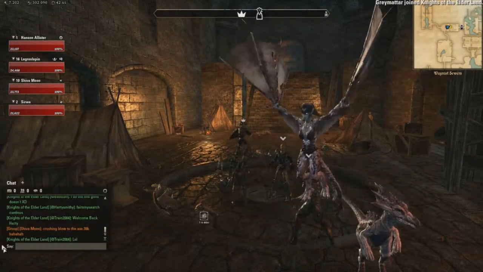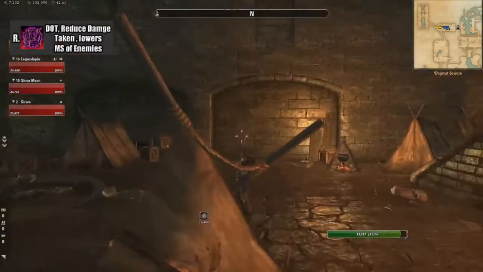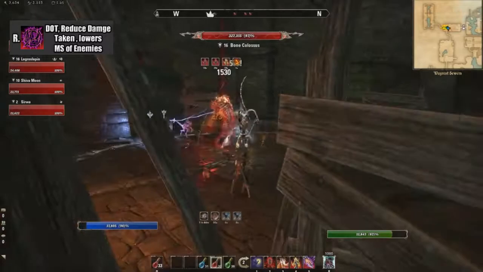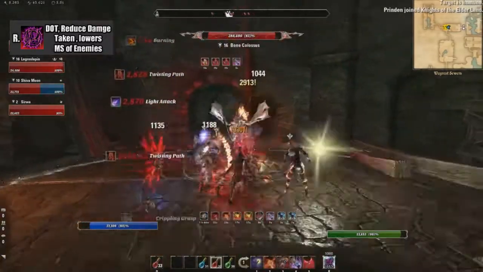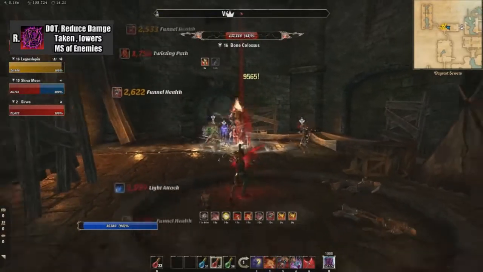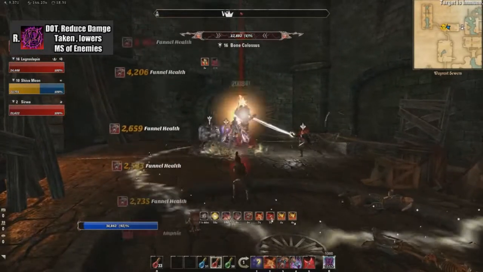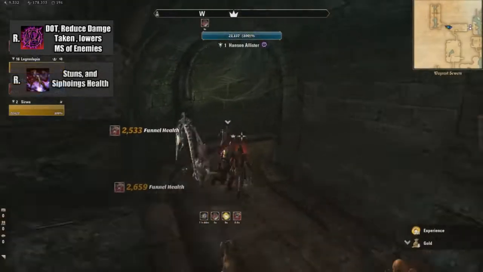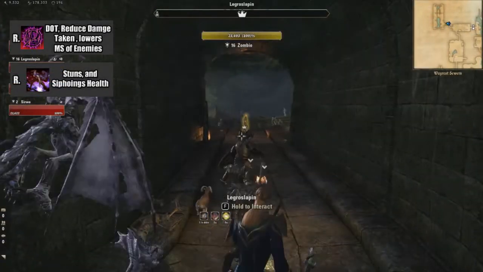So my ultimate on my Destruction Staff is Veil of Blades. This increases my resist. This decreases the damage I take. Does damage to all the enemies in it. Allies can activate it to gain a bunch of health back, and also slows people. So it's really good. And Soul Tether is an AoE thing around me that tethers me to enemies, and I